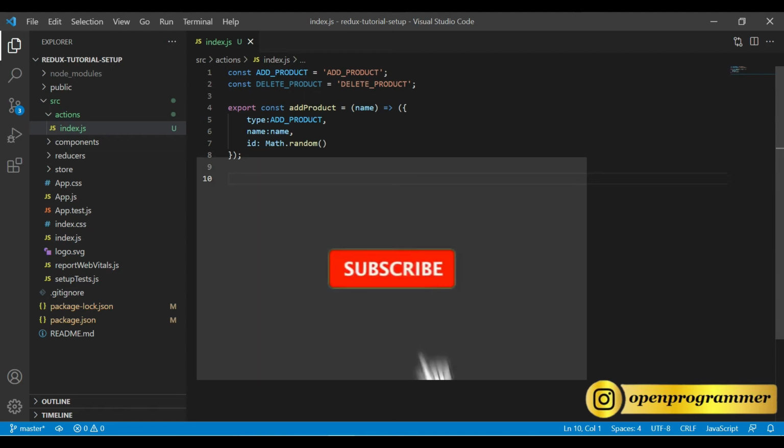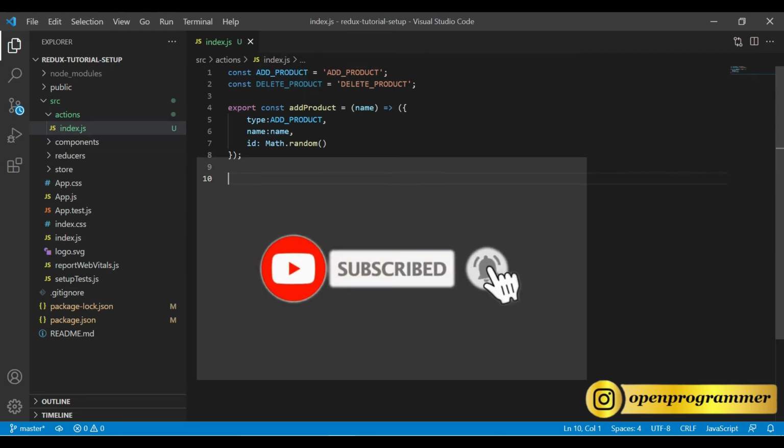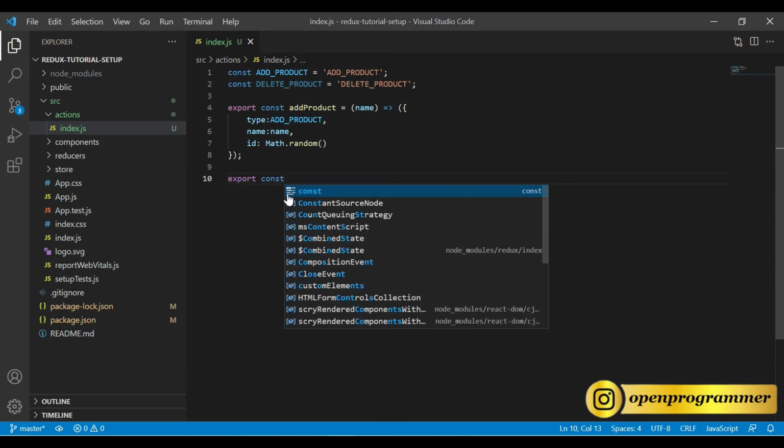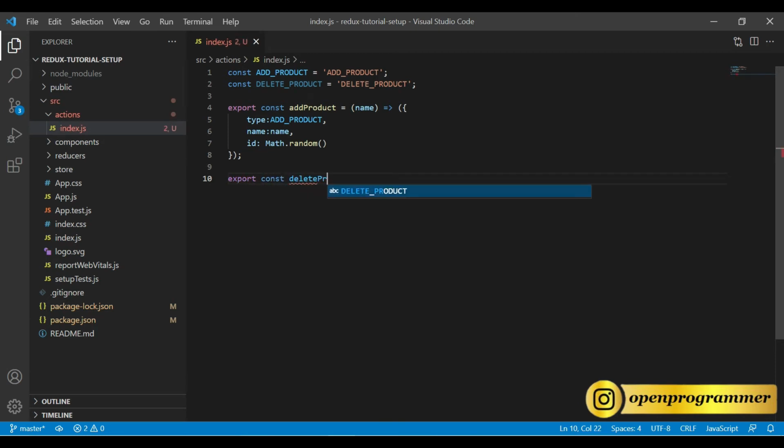Now similarly, we need to create one action for delete product. In the same way, export const deleteProduct. And as we all know, if we want to delete a product, like in React, in .NET, in Java, in PHP, or even in the backend like SQL, Oracle, we need a unique ID.